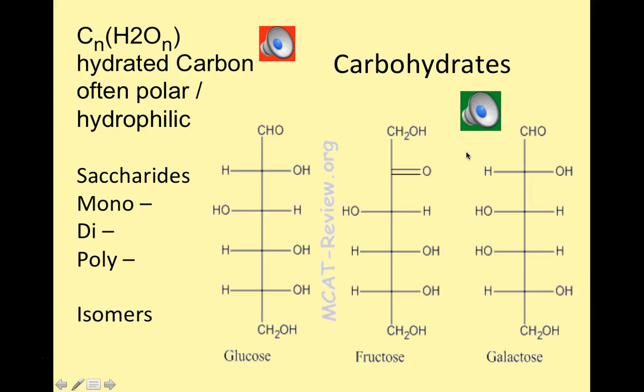Notice in this illustration, not only do we have glucose and fructose, which are isomers of one another, but we also have galactose. All 3 of these monosaccharides are isomeric forms with the same molecular formula but different chemical structures. We're going to see that each one of these monosaccharides is used in the construction of some very familiar disaccharides.